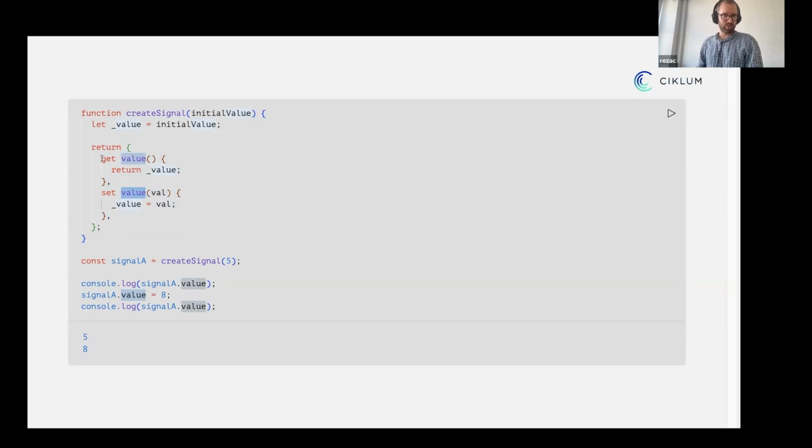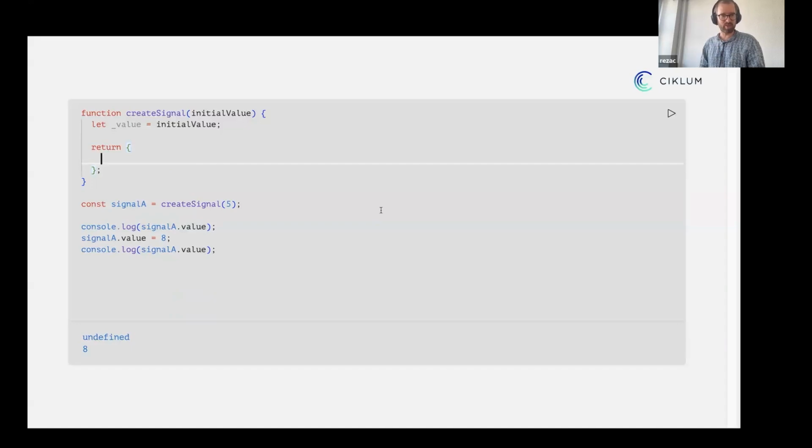I hope that you all know what a getter and setter is, but for those who don't, very simply, if you read a value like signal a.value, that triggers this getter, which returns the value itself, which is kind of a private property in this case, or I pretend it is by the underscore at the beginning. And when you assign a value, like value equals 8, then the setter function is called, and you could actually end up with a very similar